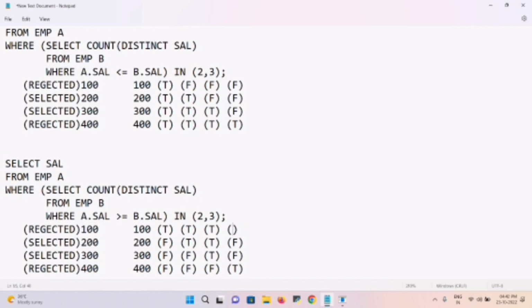400 is greater than 100? Yes, true. 400 is greater than 200. True. 400 is greater than 300. True. 400 equal to 400, true. So now we got a count of three from the third execution. In the fourth execution we got four, so that is the reason it will be rejected. Only the selected values will be the 200 and 300. So this is how maximum and minimum will be executed. Okay, so let me execute these kinds of queries